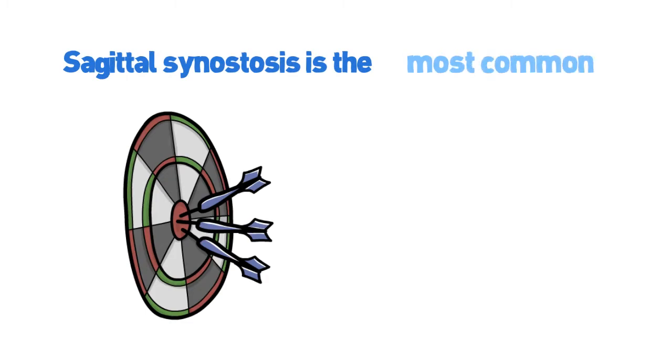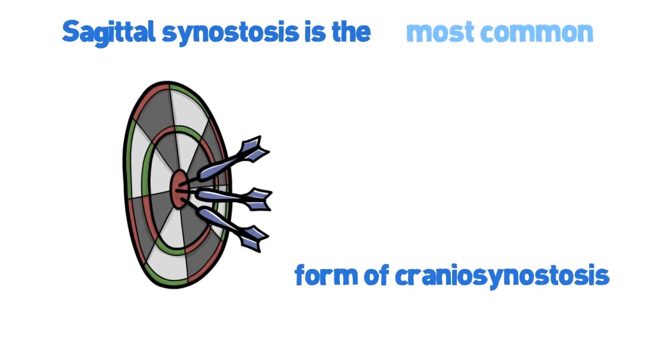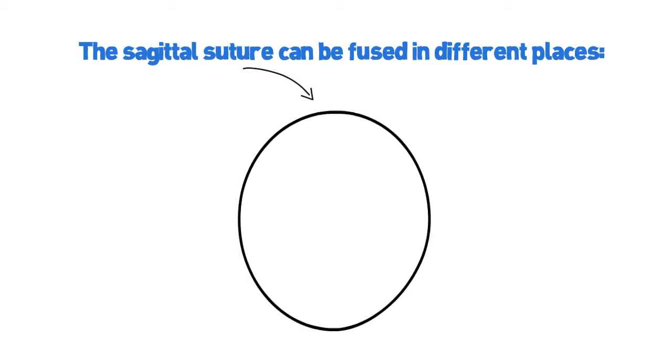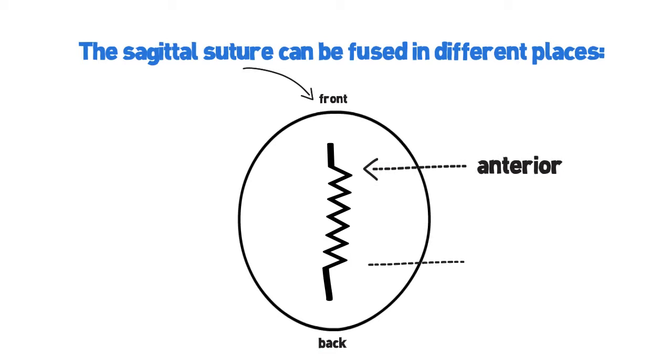Sagittal craniosynostosis is the most common form of craniosynostosis. The sagittal suture is a line in the center of the head that goes from the front to the back of the skull. This suture can be fused in different places. Fusions are characterized by being anterior, posterior, or complete, meaning that both the anterior and posterior regions of the sagittal